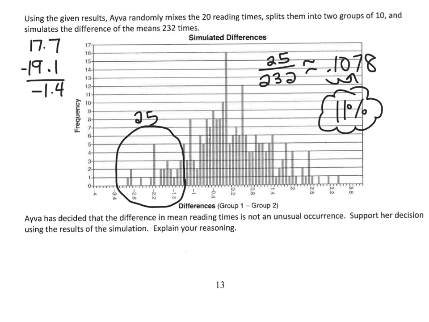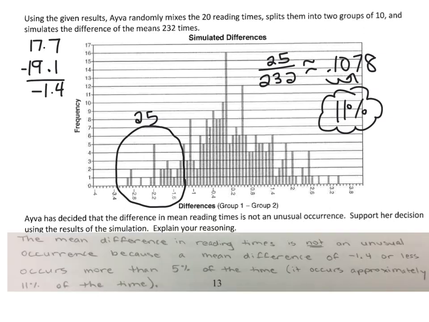As long as it's something that is not totally unusual, as long as it's a percentage that's greater than 5%, you could say that that is a normal occurrence. It is not unusual. So here, let me just write this out in words. Here I'm saying that the mean difference in reading times is not an unusual occurrence because a mean difference